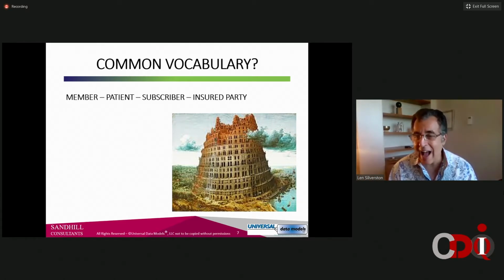That's just the person at the company that can subscribe other people to get healthcare benefits. Usually they get insurance also, but they don't have to. And then we say, oh, the insured party, that's the same thing as the member. No, no, no. Insured party could also be an insured organization. So when we confuse these terms, it creates all these data anomalies, all these difficulties in data, and we get